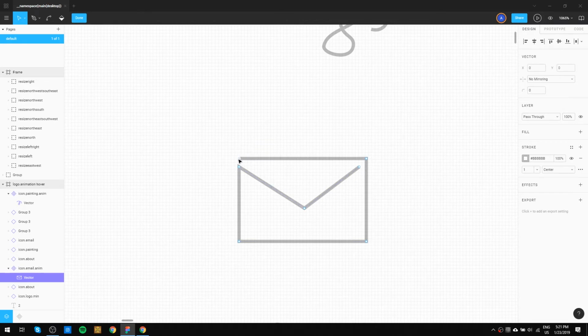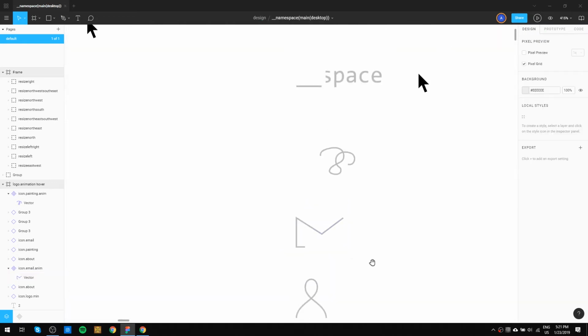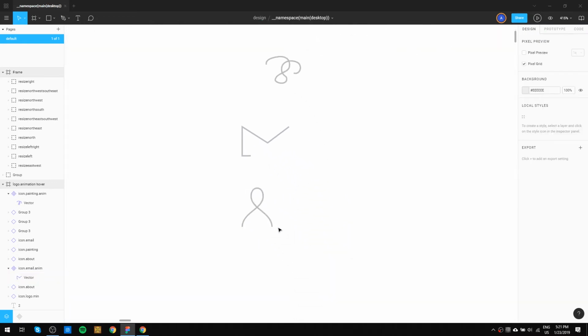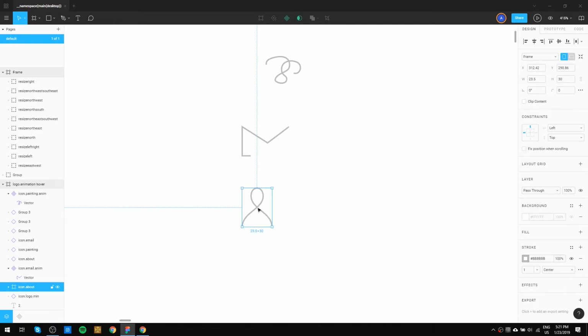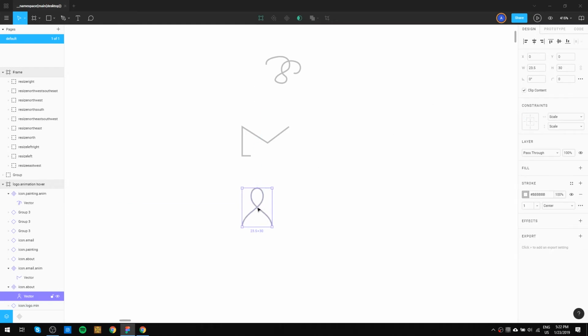Okay, so just kind of show it in the progress, how it's generating, and that's it. And this one also, we're gonna detach instance, create a component, Control Alt K, and